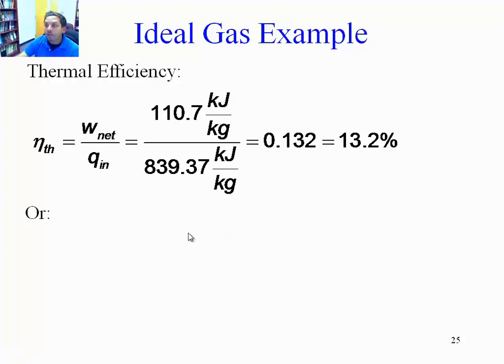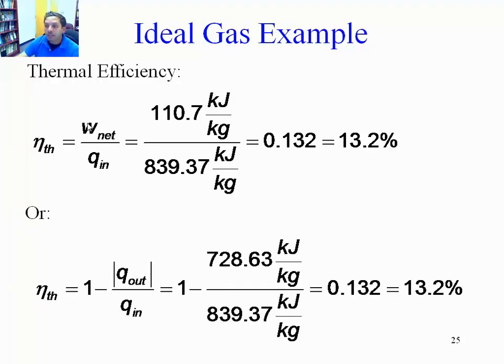By the way, the thermal efficiency can be calculated alternatively. It's actually the same equation. We went over this in the previous lecture. It's 1 minus the heat waste divided by the heat in. And that should give you exactly the same result, 13.2%. Q out, we use the absolute value, 728.63, divided by the Q in, the amount of energy put into the system, 839.37, gives you the same thing, 13.2%. The efficiency of a power cycle can never be over 100%. We'll actually be pretty lucky if you reach 50%. Okay? Only in very few instances you reach about 50% efficiency, and in very, very efficient power cycles.